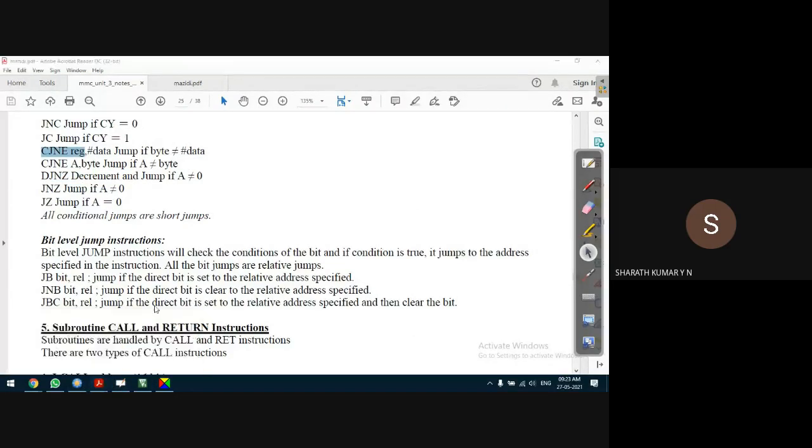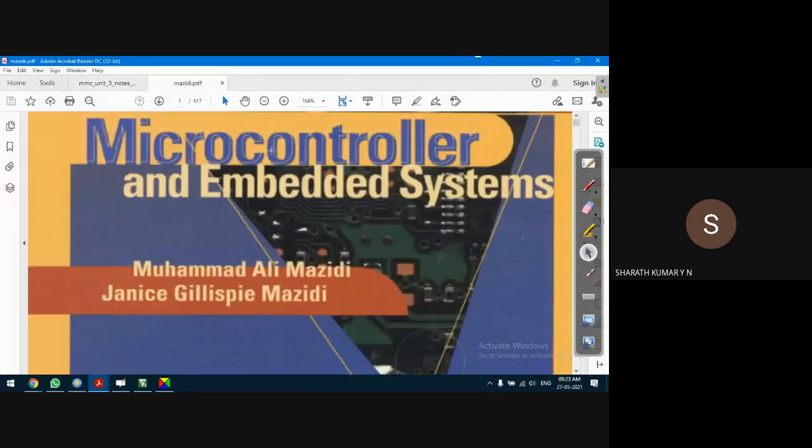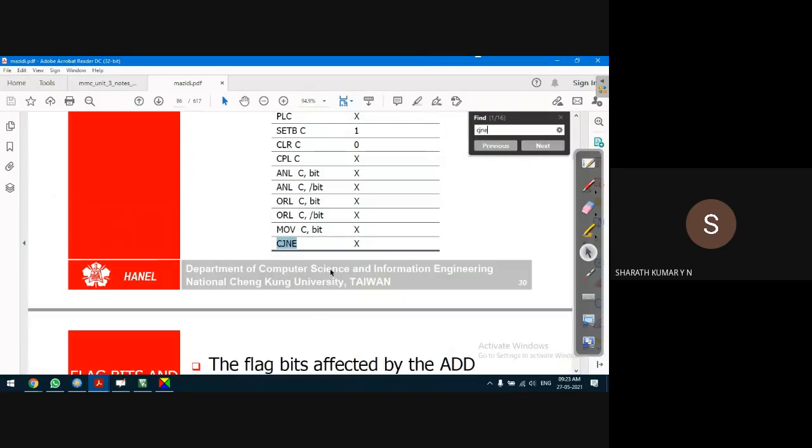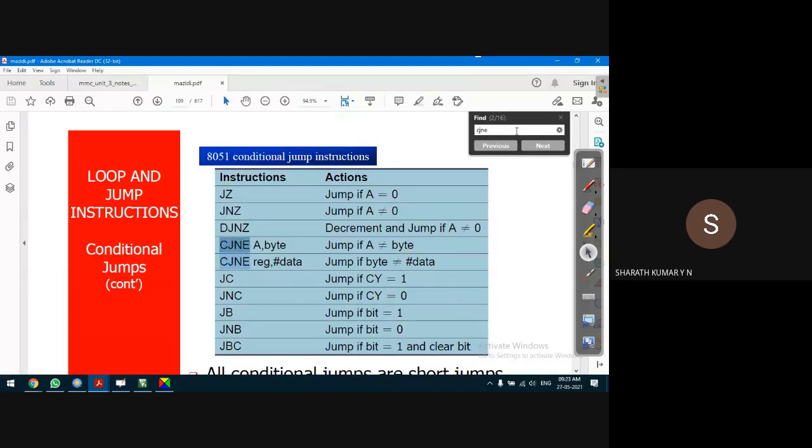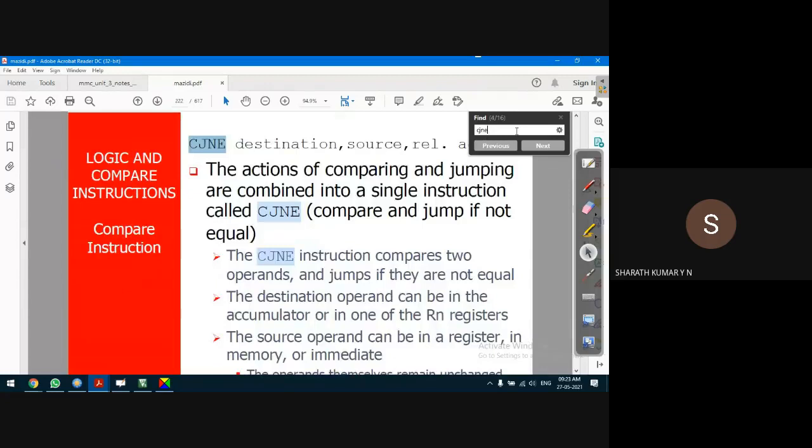For that, I'll go to this document on CJNE. Let us understand what CJNE is and how it is executed by the microcontroller. CJNE stands for compare jump if not equal.